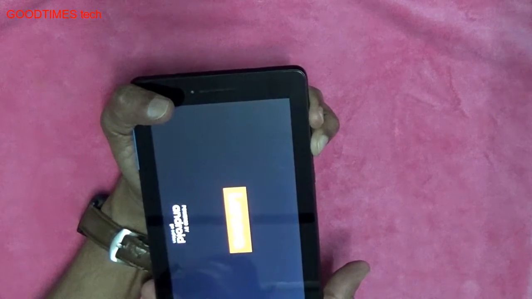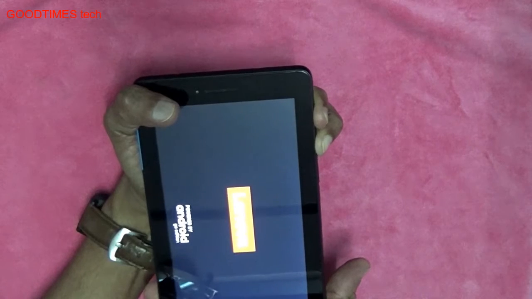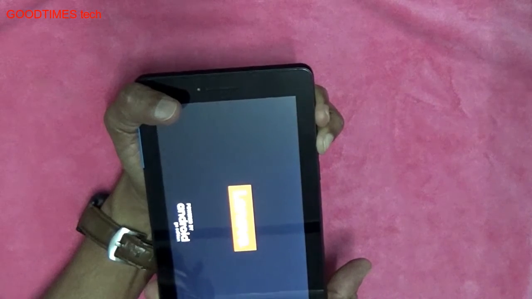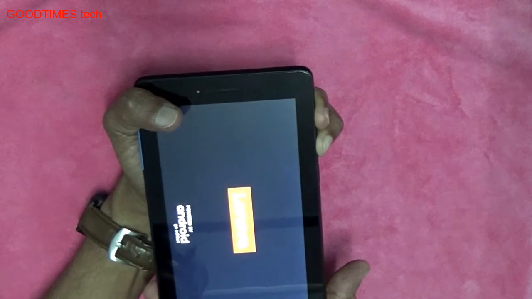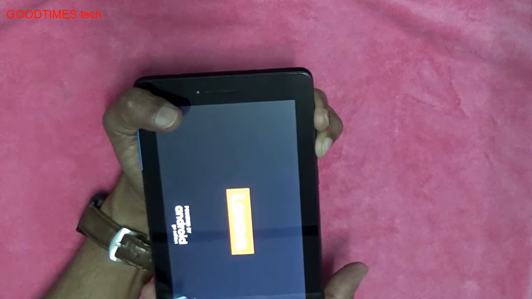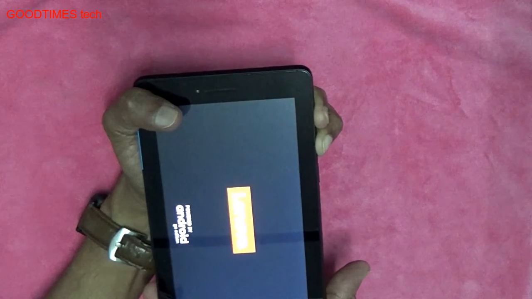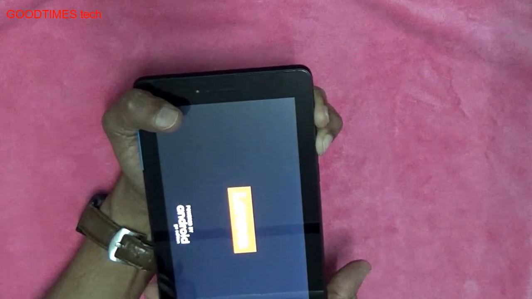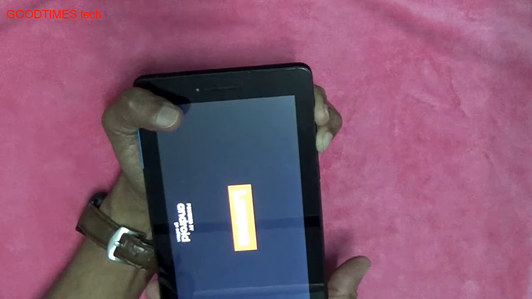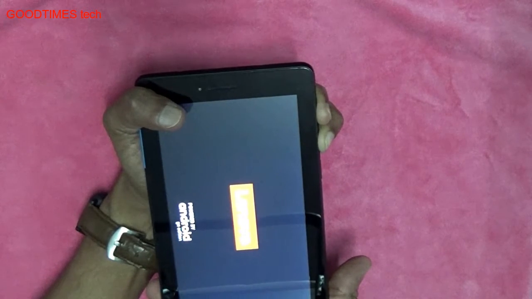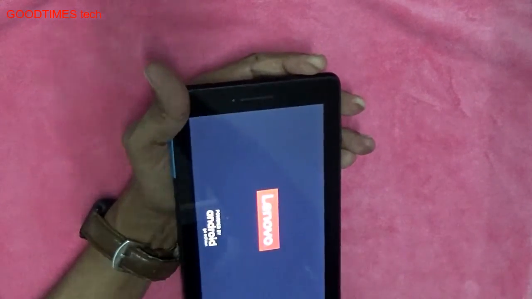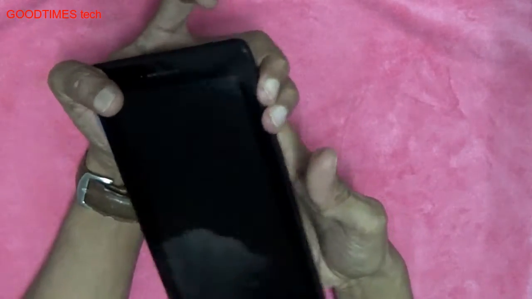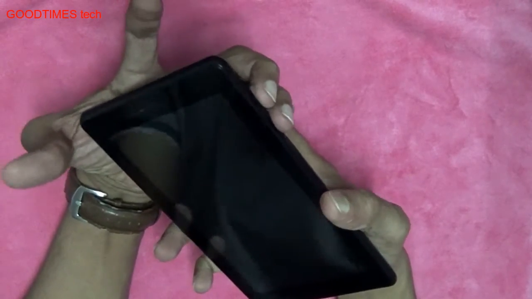Keep pressing until we see the Android symbol. Volume plus, minus, and the power key.